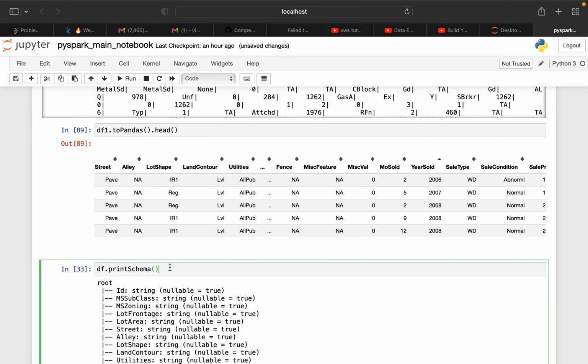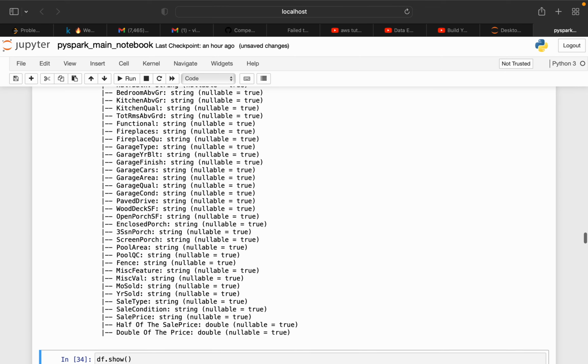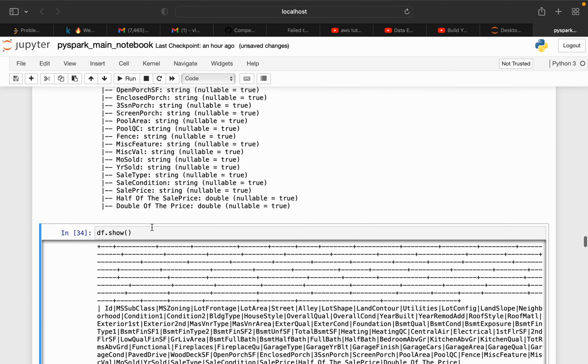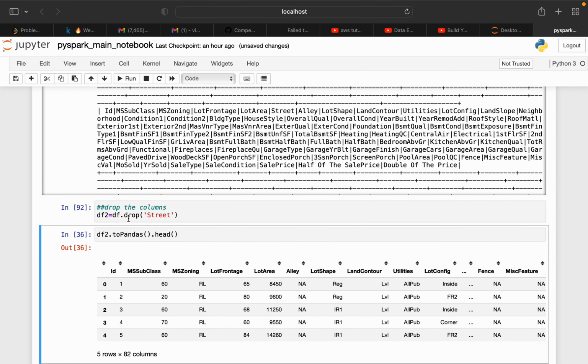Now if you want to print the schema, you can do printSchema also, and df dot show will give you that particular data frame. Now if you want to drop a particular column, you can simply do drop. Here I'm dropping that column and assigning the resulting data frame to df2, another data frame. You can do df dot drop and simply pass the column name.